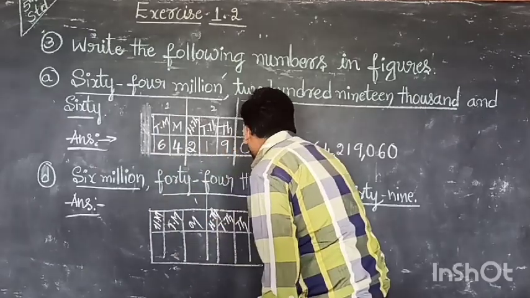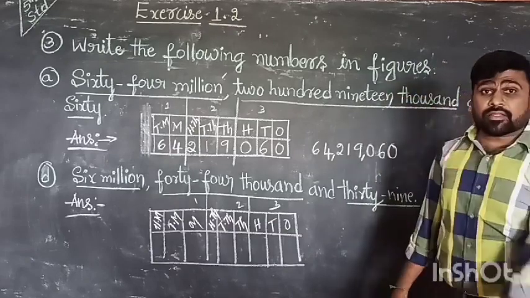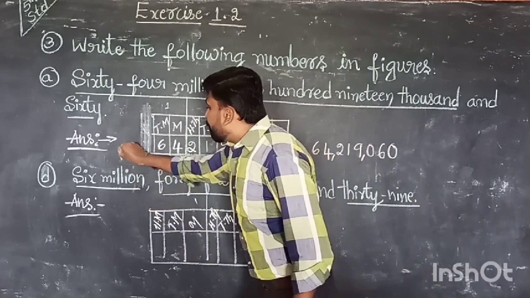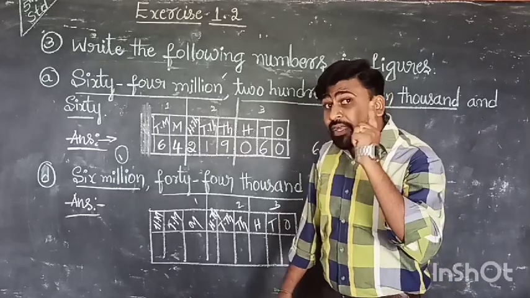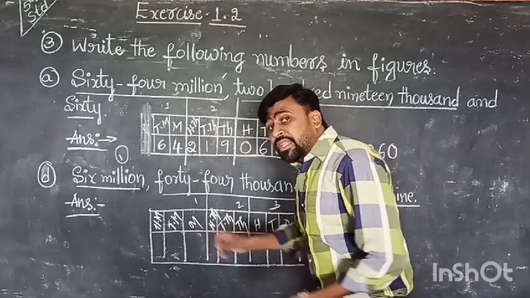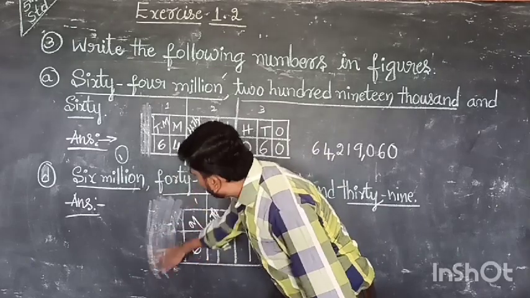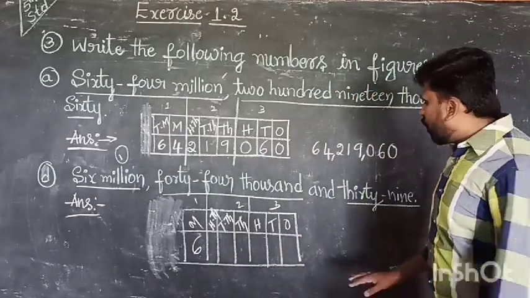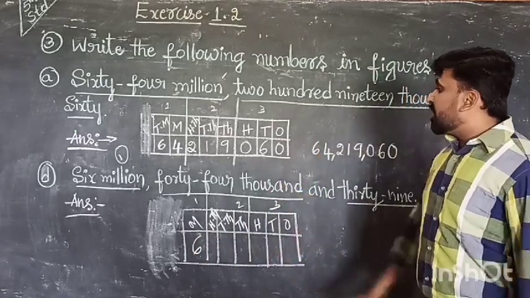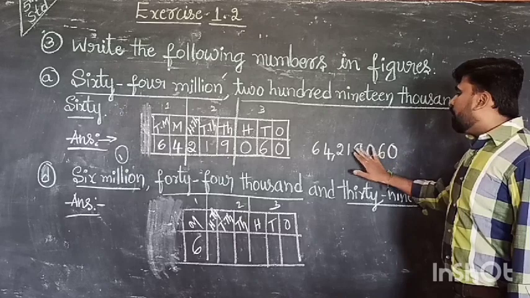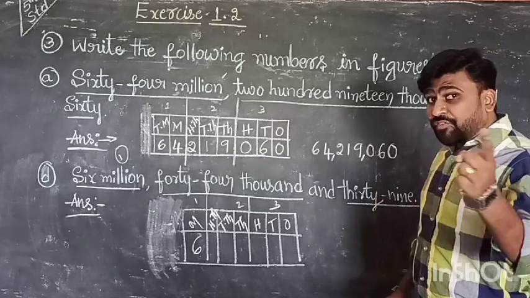This is the first one. Now this one is the second group. Now it is the third group. Clear? First group, second group, other one is the third group. Here, regarding the first group, it is given as 6 million. Only one digit, that is 6 million. That means in the million place, we have to put 6. They did not give us these two numbers. Skip. Clear? That means total 1, 2, 3, 4, 5, 6, 7 digit number. Now the D problem is a 7 digit number. The first problem is a 1, 2, 3, 4, 5, 6, 7, 8 digit number. Clear? 6 million finished.